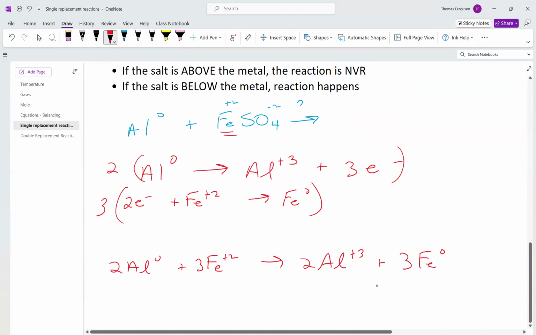Now I put all the 2s and 3s in there so that the 6 electrons is matched on either side. Okay. All right. Now remember though that we have something called a